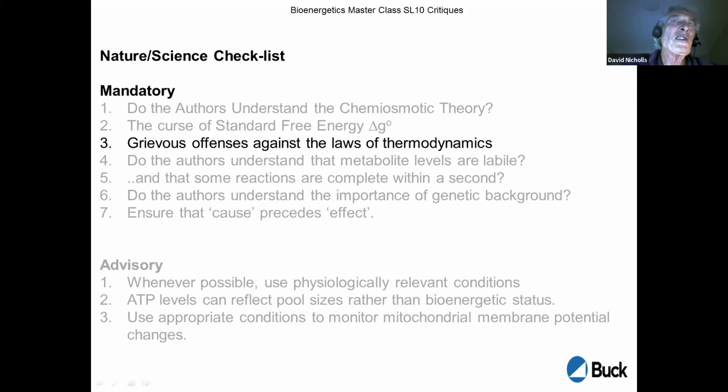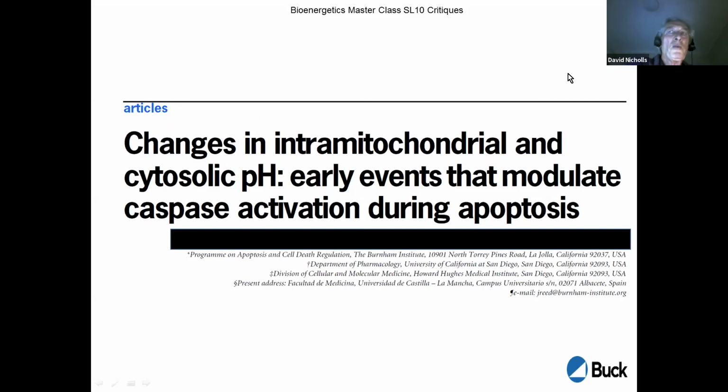If it offends against the first law of thermodynamics, you can say that it's impossible. And there was a classic example many years ago that Martin and I both contributed to. We have avoided the name so that we don't know who the head of the Burnham Institute was 20 years